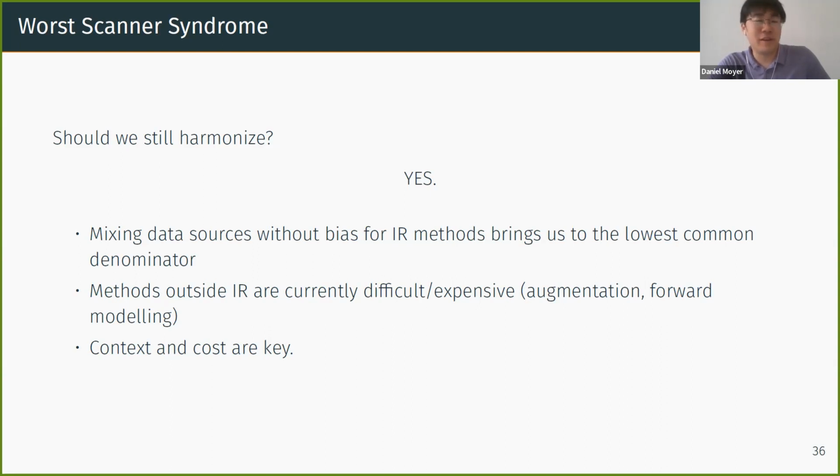But the other cure to invariant representation is difficult. It's augmentation and forward modeling. So it's a lot of physics. So basically we're going to have to remove low signal data sets. So using every possible image is not the solution we want.